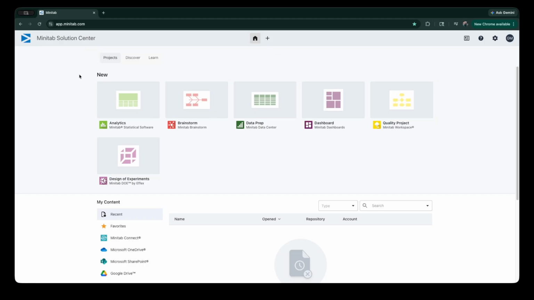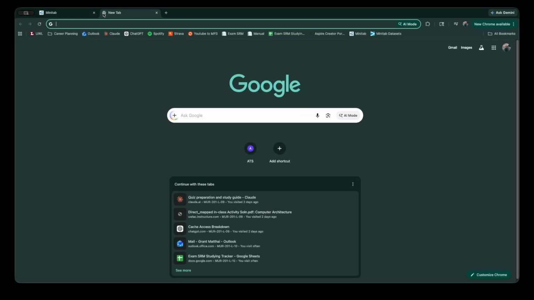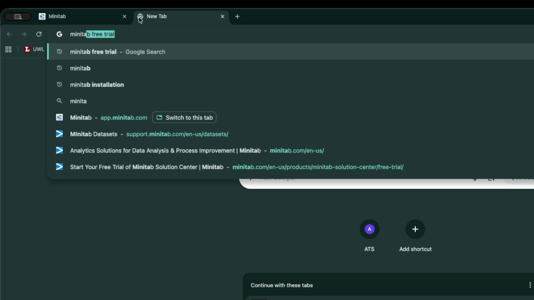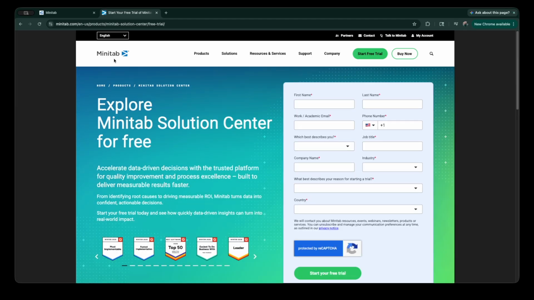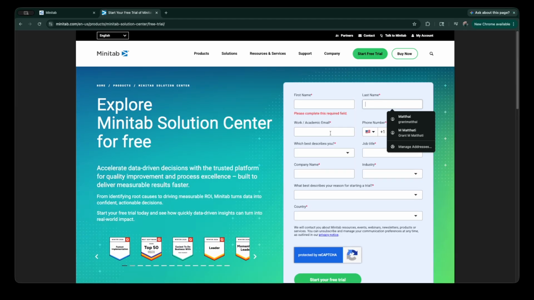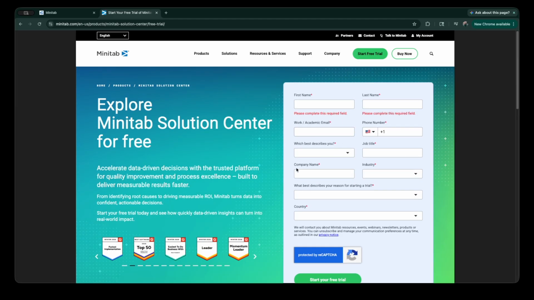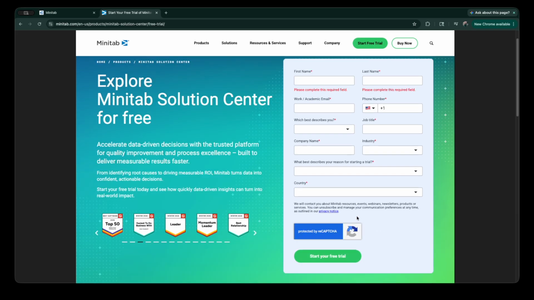To get Minitab, you actually have to pay money for it, but you can access it via a 14-day free trial. And you can get this free trial by obviously searching it up and navigating to this page, the Minitab website. All you have to do is put your information here, fill out all these different parts right here and say start your free trial, and you're going to get sent an email where you get verified and you can